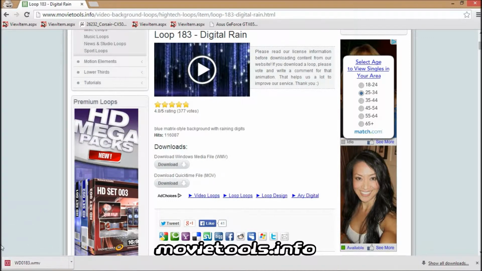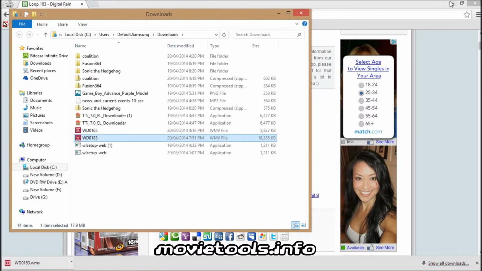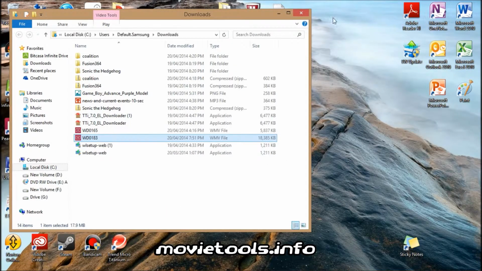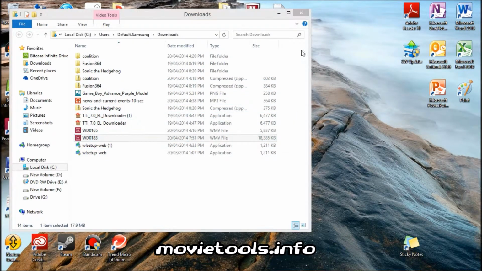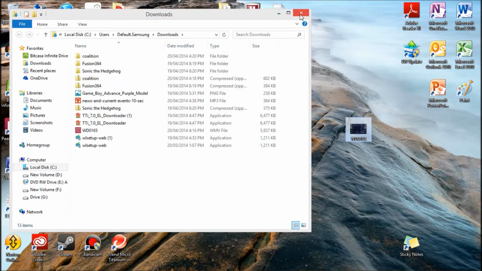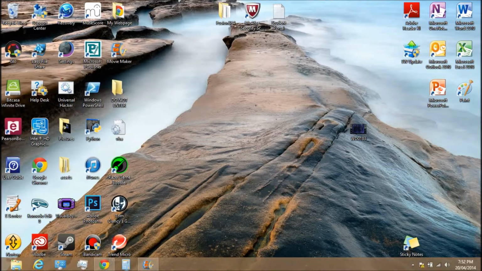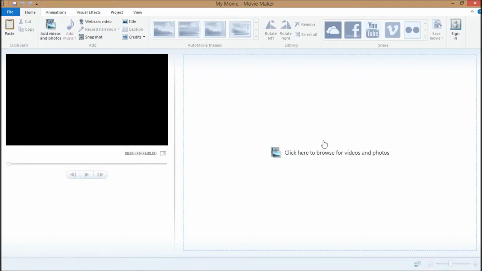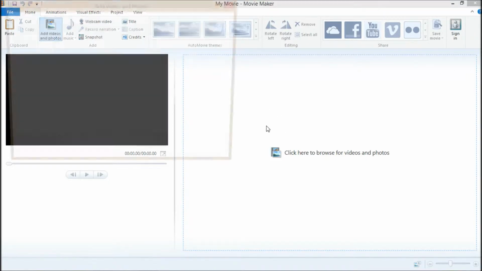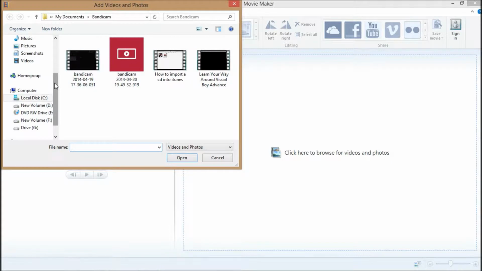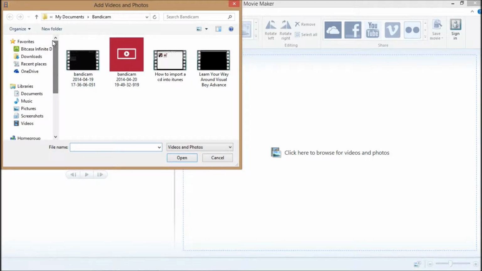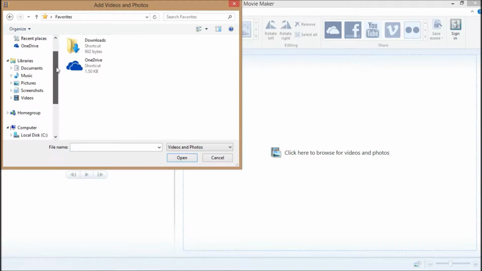As you can see, mine is now downloaded. What you're going to do is go Show in Folder, and I'm going to drag it to my desktop. Get out of that. And now you're going to want to open up Windows Movie Maker once again. To start off, you're going to go Add Videos and Photos. Click on that and find the destination. So I'm going to go to my desktop, which is in